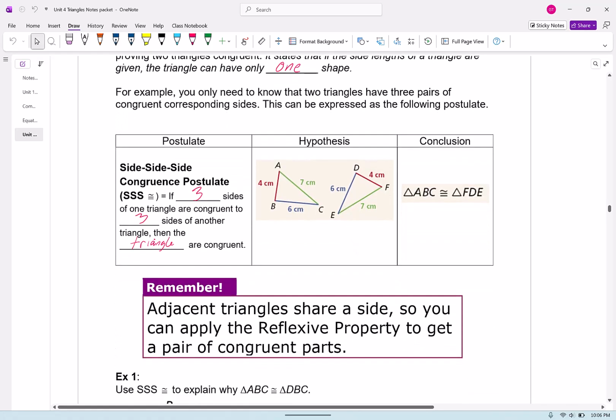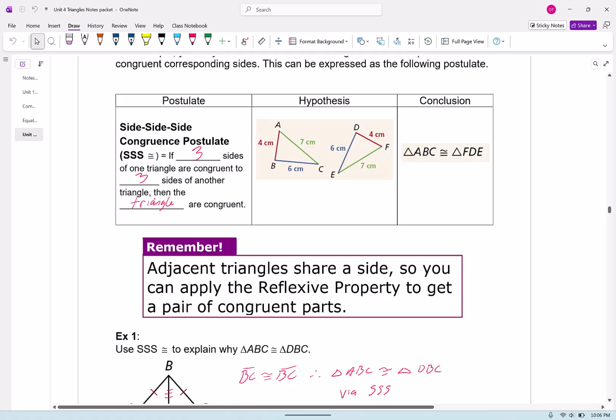All right. So we have one of our postulates called side-side-side congruency. So if three sides of one triangle are congruent to three sides of another triangle, then they are congruent to each other. So we can see right here, we got 7 and 7, 6 and 6, 4 and 4. Since all three sides are the exact same, then we can conclude that the entire triangle is congruent using